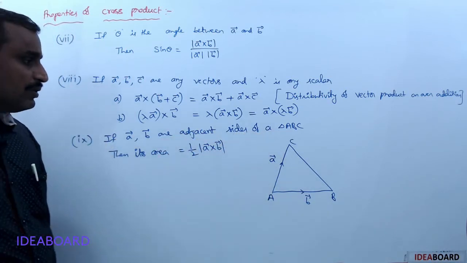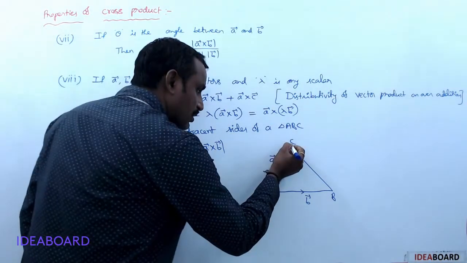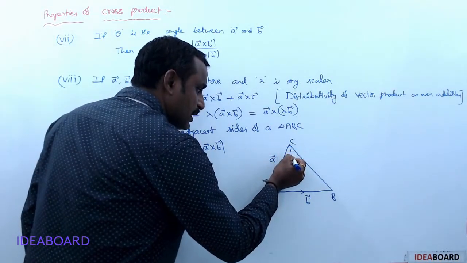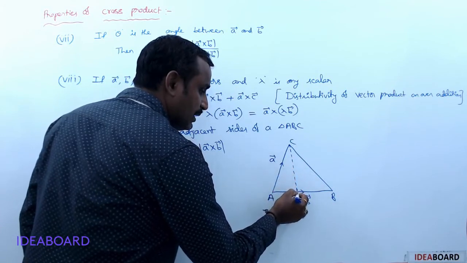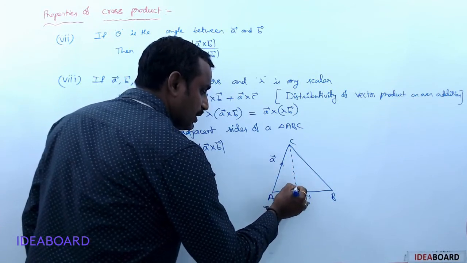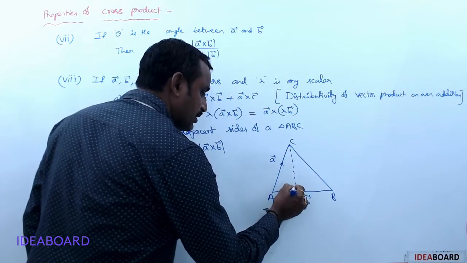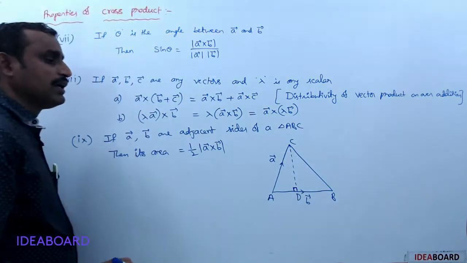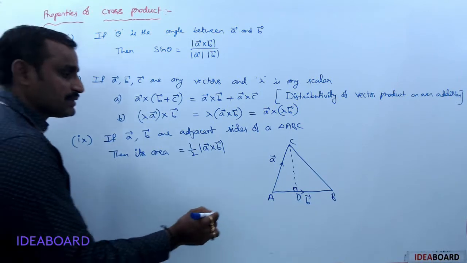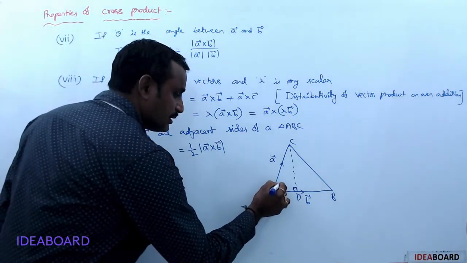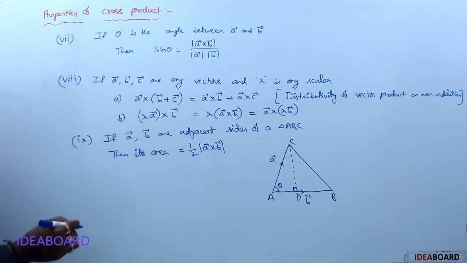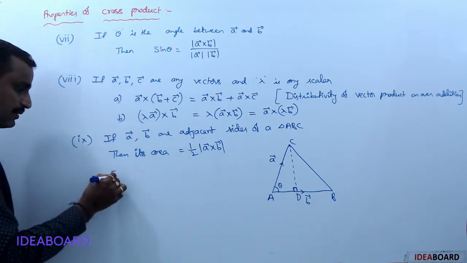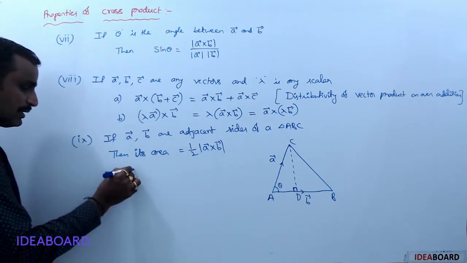Now you can draw the perpendicular from C to AB, that meets at point D. So now it is perpendicular. Here the angle between the vectors is theta. So now from the diagram